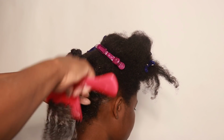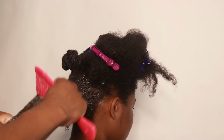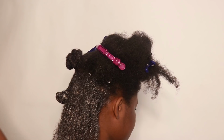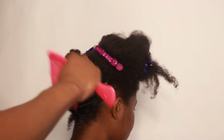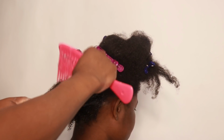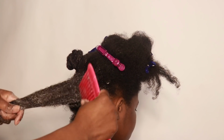Now, because we are detangling, we might run into some knots or some tangles, and that's okay. That's why we're using the detangler, and we have our comb with the missing teeth so that if we run into any knots that need to be broken down or worked out, that's what the comb is for. Now, as you can see, as I chop through her hair,